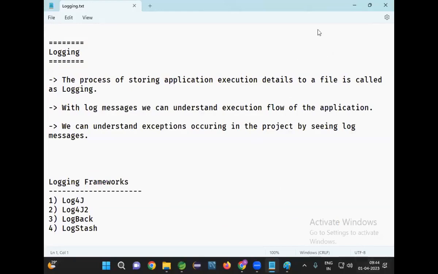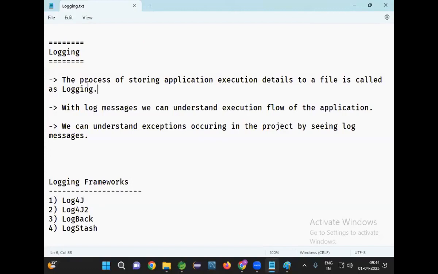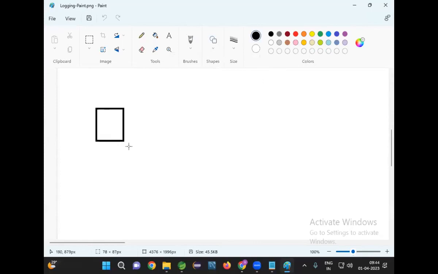What is logging? Logging is the process of storing application execution details to a file. Now, we are developing the application. That application will be deployed to some other server. When the application is executing, we need to understand what the execution flow of the application is and what exceptions are occurring in the application. To identify the execution flow and the exceptions occurring in the project, we will implement logging in our project. That means whenever the application is running,